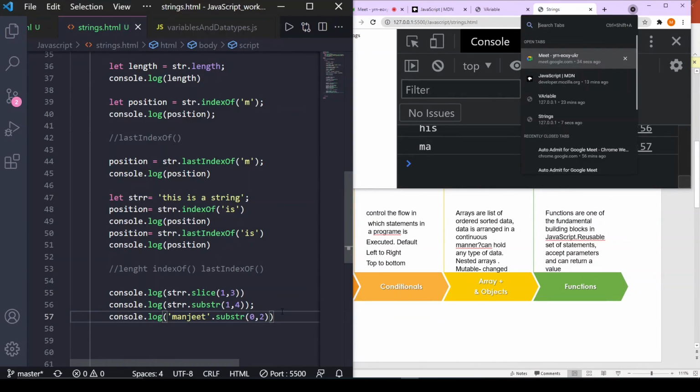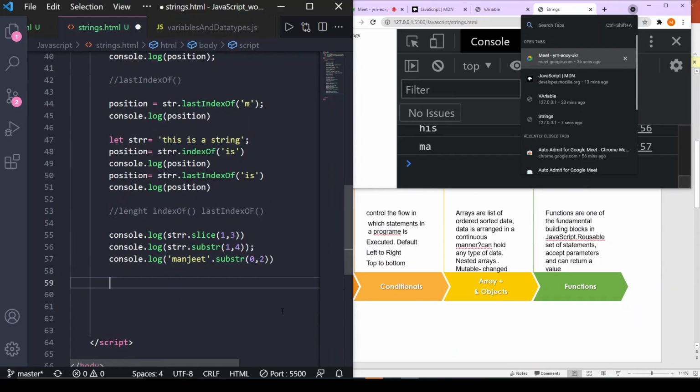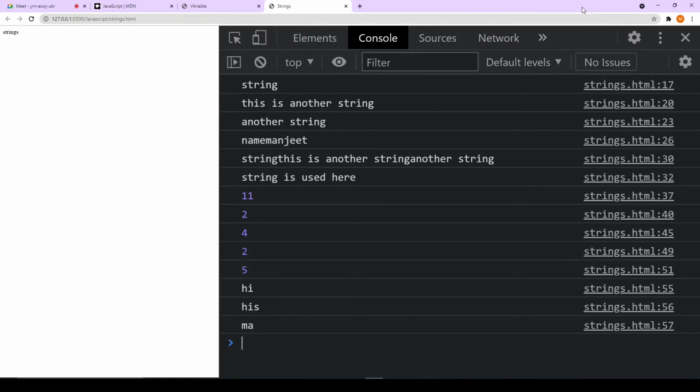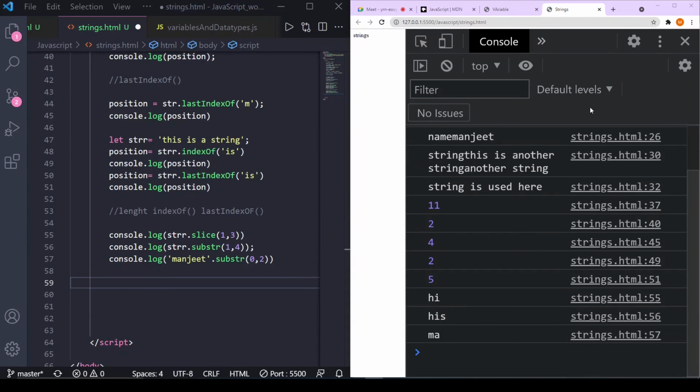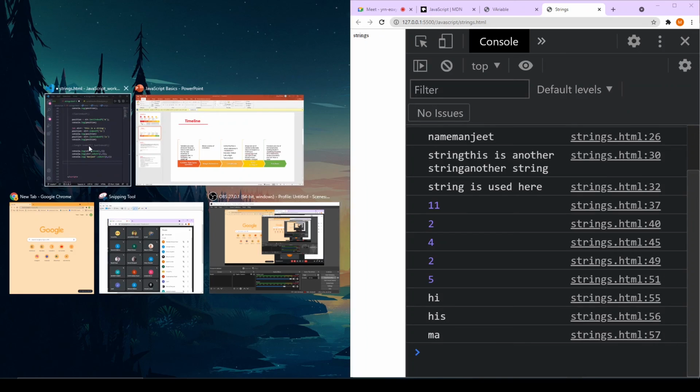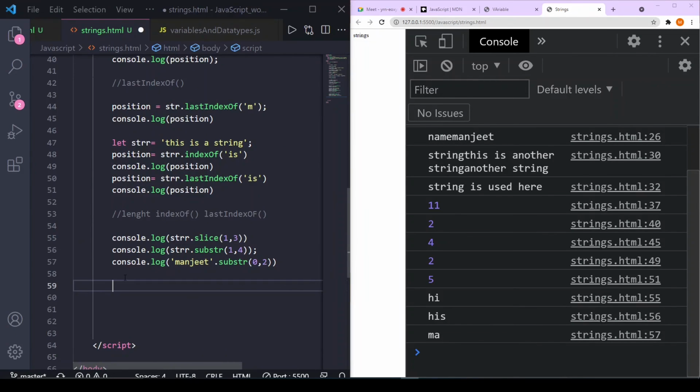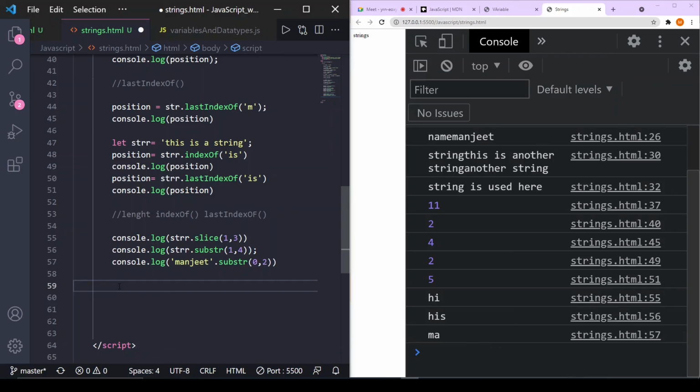Now there are lots of other functions, like charAt and charCodeAt, and we are not going to learn all these functions. We will just remember that there is a function that performs this kind of task, and later, either by practicing we will learn things automatically, or we can always check on Google. So our two best friends are first the console, whenever we make an error, it directly shows us, it doesn't hide anything from us. And the second is Google.